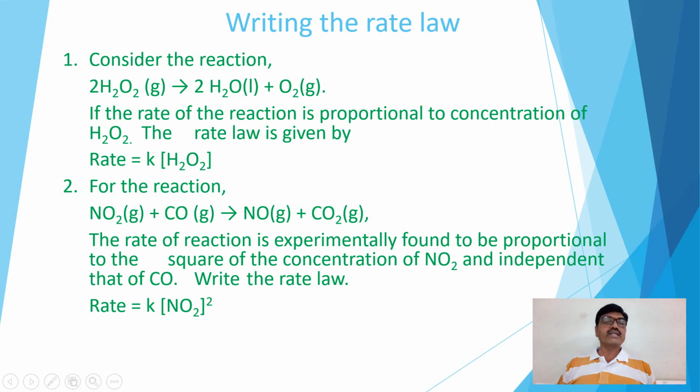The rate equation, rate law or rate expression for this can be written in the form of exponents like this. Rate is equal to K, molar concentration of NO2, its square, that is power raised to 2, as the rate depends upon the square of the concentration of NO2, and the molar concentration of CO raised to power 0, as the rate does not depend upon this, so it need not be written. So we can write the rate expression like this. Rate depends upon this only. Okay, then